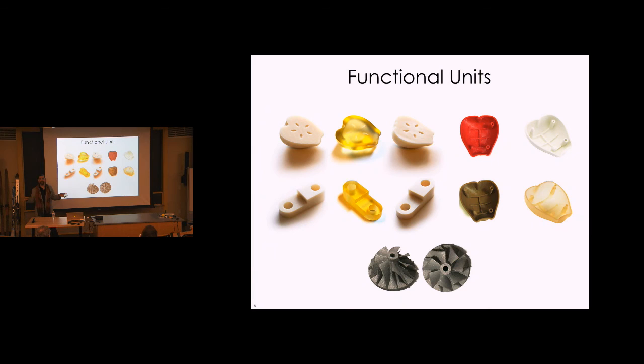And all the graphs that I'm going to show you quantify these environmental impacts per part printed. Because you have to have some kind of fair comparison when you're looking at one machine to another. And we tried printing a bunch of different kinds of parts. There are these solid apple shapes, these solid linkage shapes, these hollow apple shapes. We ended up finalizing on these for most of the printers that I'll talk about later, because this is the most common type of part that 3D printers are being used for in design firms and engineering firms